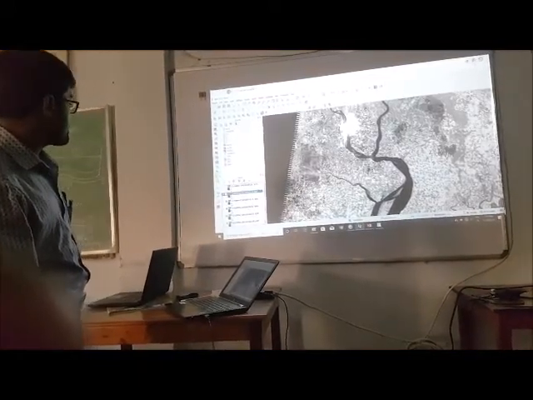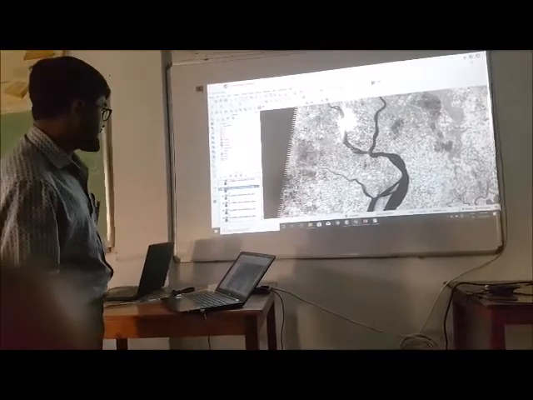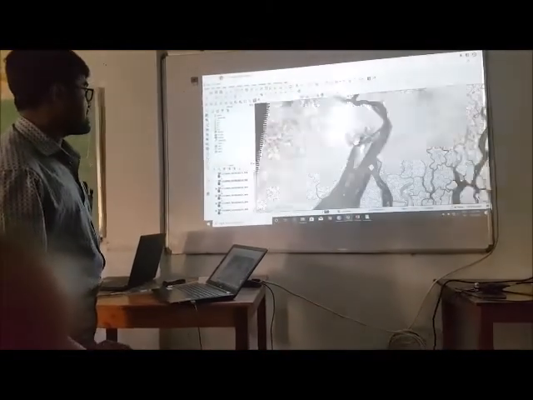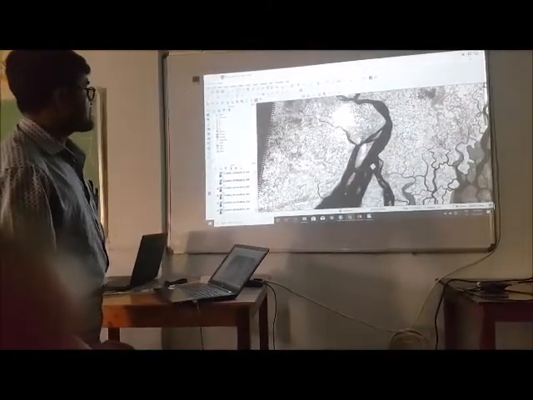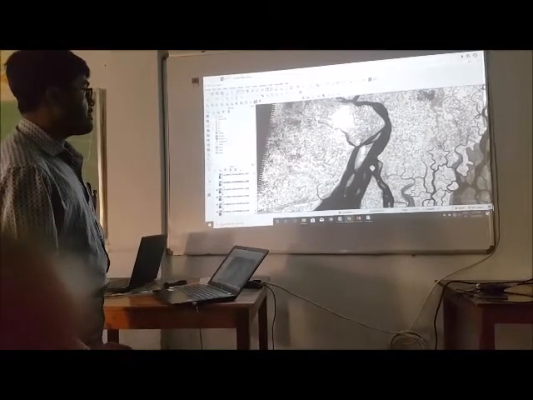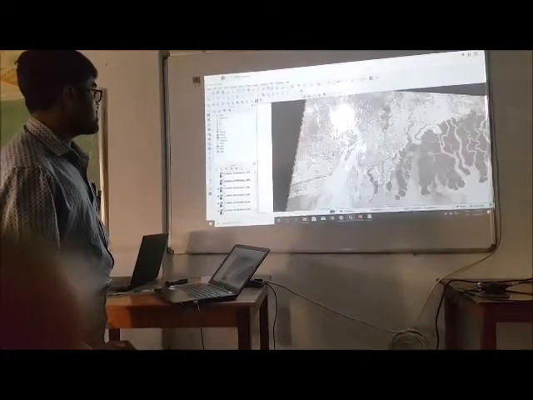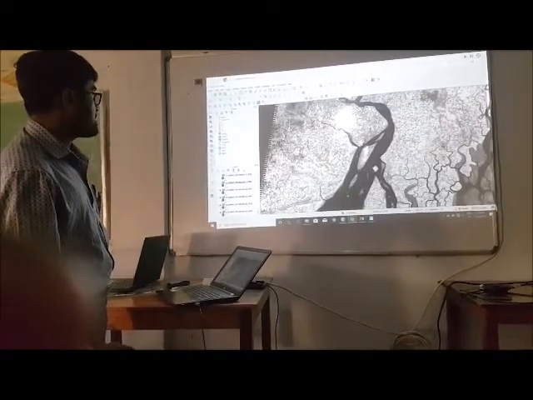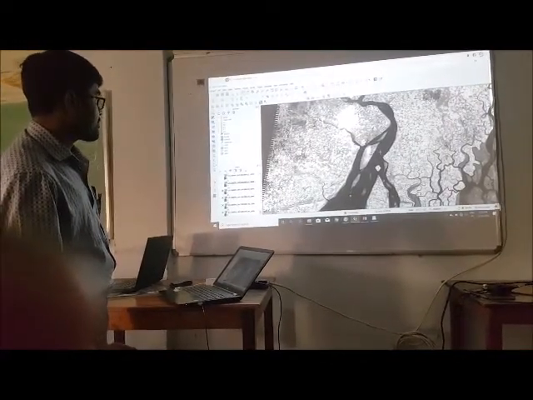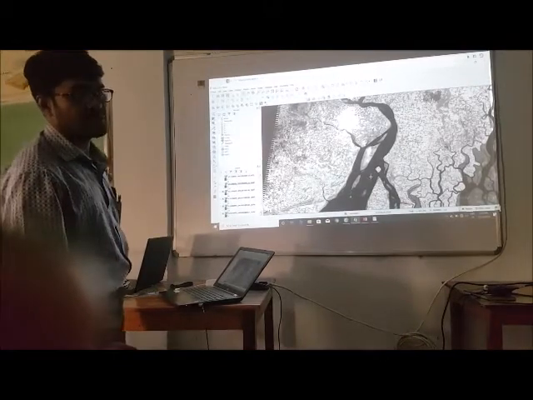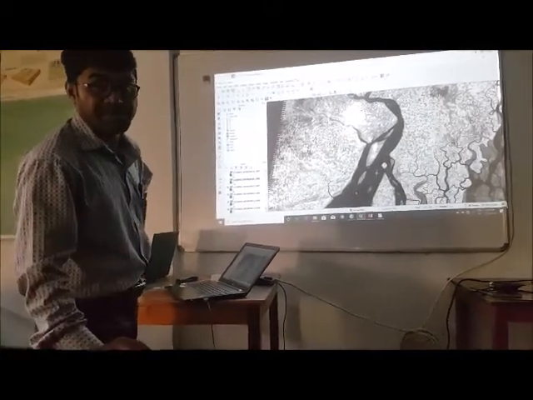Now this is band 7. It is giving us the bare part in bright white color, and the black part is not a bare area at all.